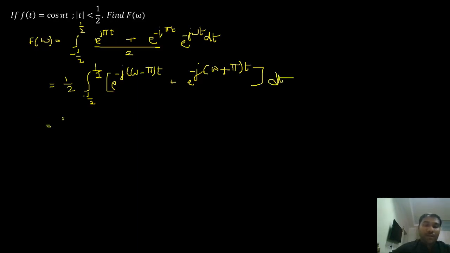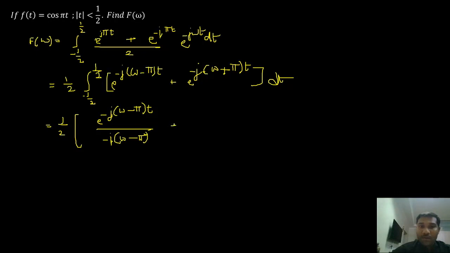Then 1 by 2, I have 1 by 2, an integral of e power minus at. It is going to be e power minus j omega minus pi t divided by minus j omega minus pi